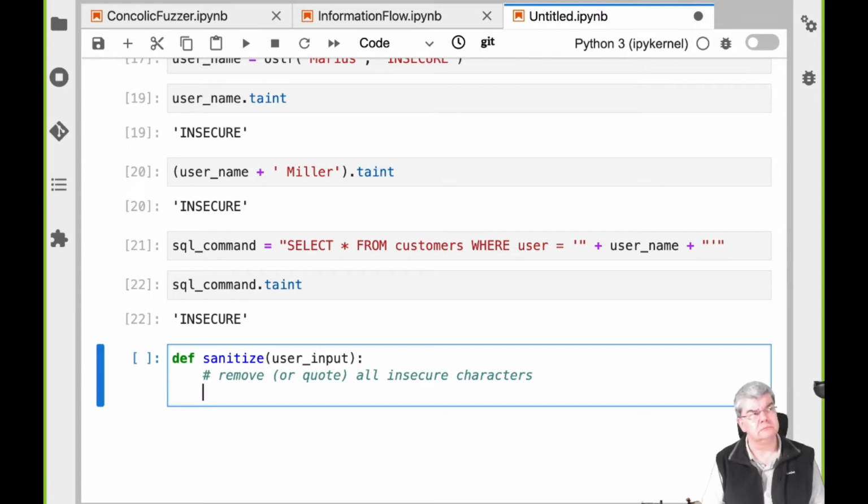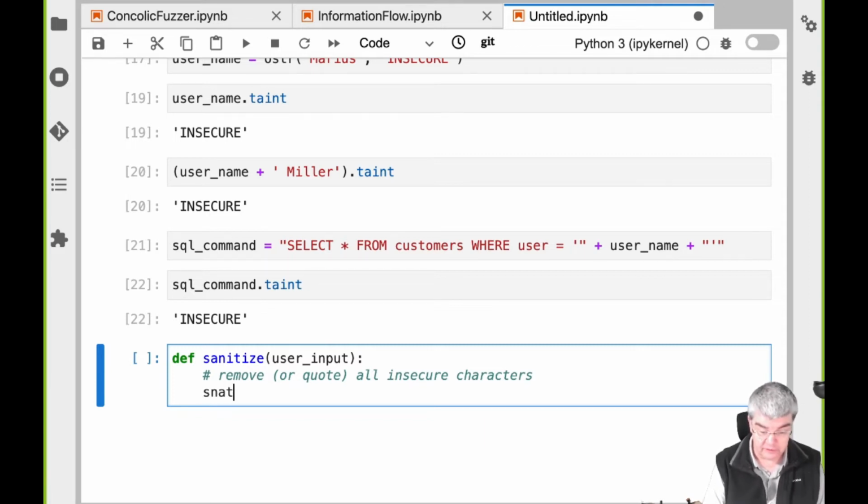I think it's just letters. Well, spaces would probably also be allowed, and single quotes. And anything that is not part of a regular username should now be removed or sanitized. Sanitized means that we can put an escape character in front of it such that it will not be interpreted as a SQL command. And then I can go and